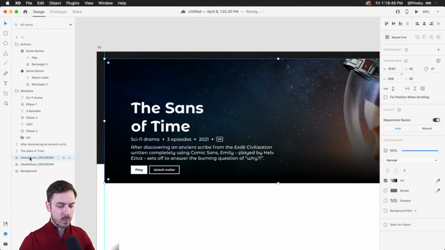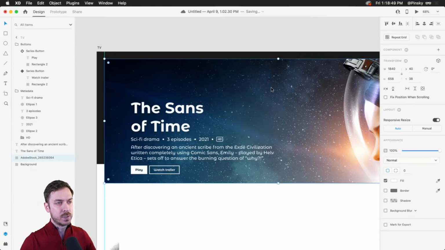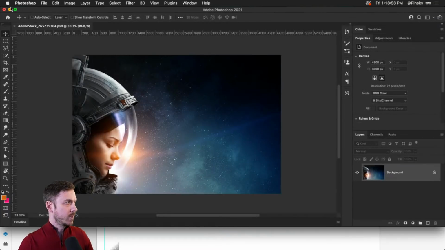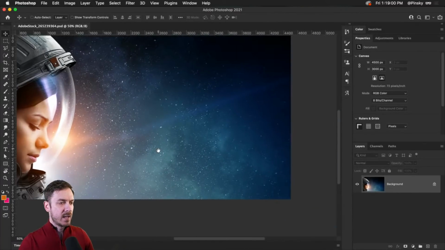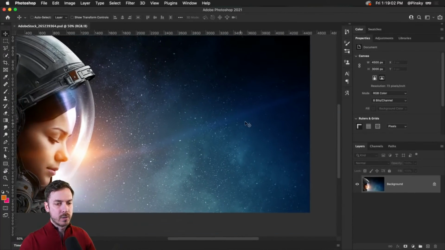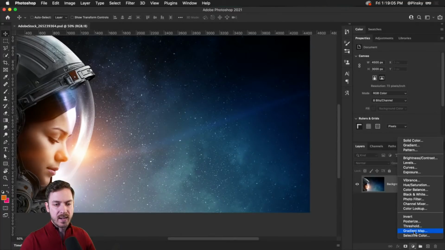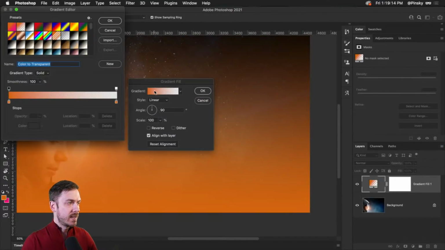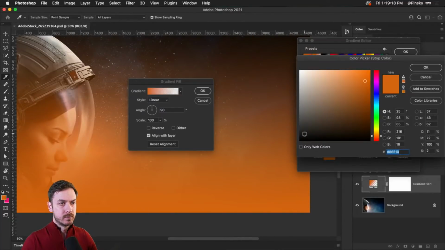So in this case, what I'm actually going to do is select this image, right click, and let's dive into Photoshop for a few minutes. I know, right? Photoshop in an XD masterclass. Here we go. So we're going to make some simple changes. It was this area here that was a little bit darker. So very simply, we can go ahead and add a gradient. I don't use Photoshop often anymore, but here we go. We can add a gradient, and we're just going to keep it very simple.